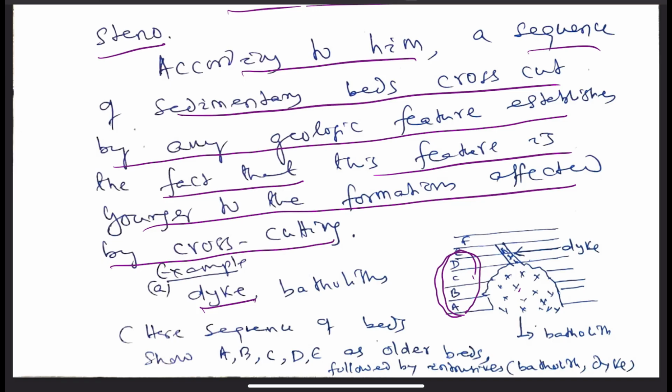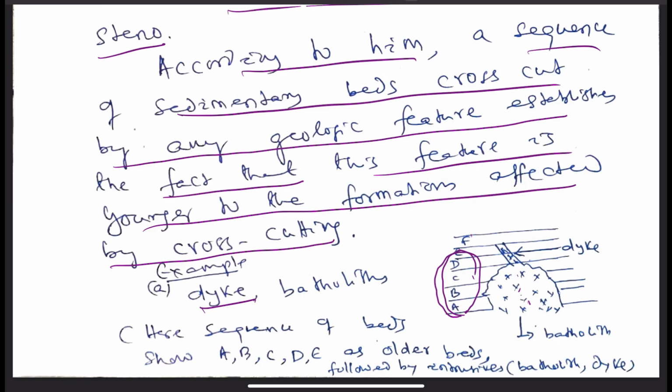A is oldest, it is followed by B, C, D, E, then it is followed by the batholiths and dike, and finally we have the F to be deposited. So F is the youngest and